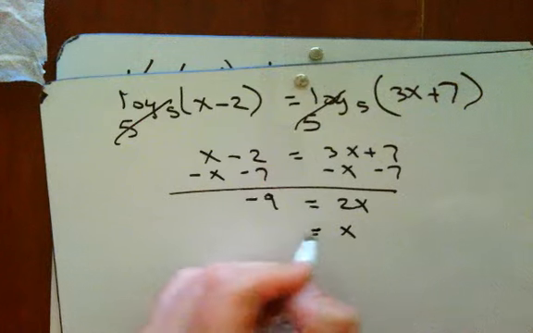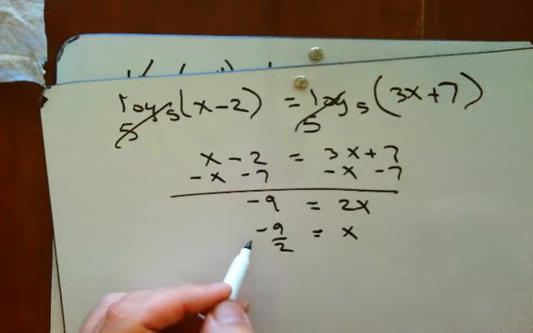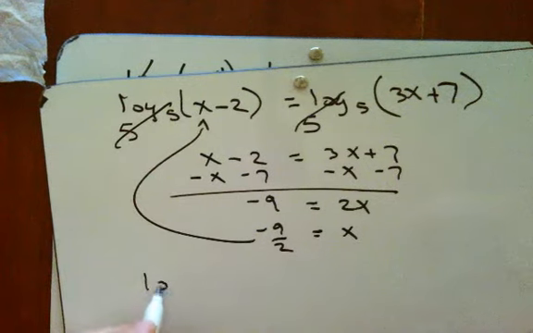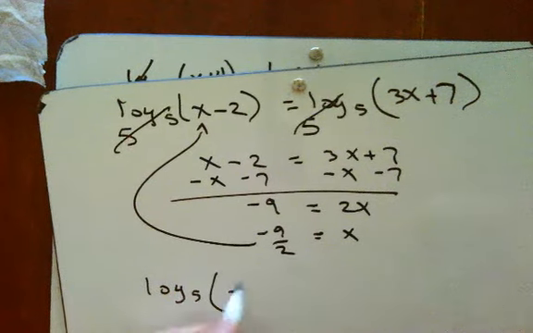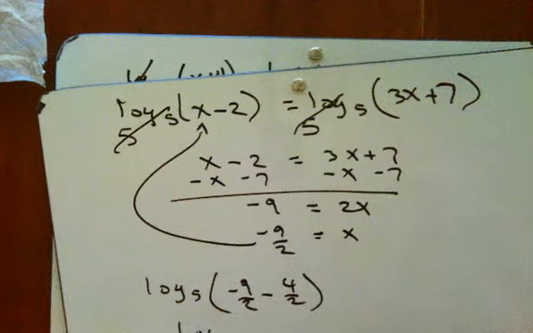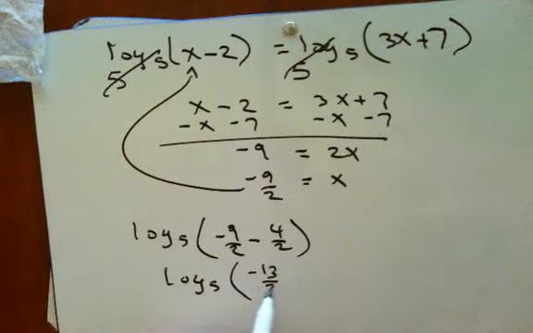I exponentiate on both sides. I get x minus 2 equals 3x plus 7. I subtracted x from both sides. I subtracted 7 from both sides. I get negative 9 equals 2x. And x equals negative 9 halves. Now, when I take that